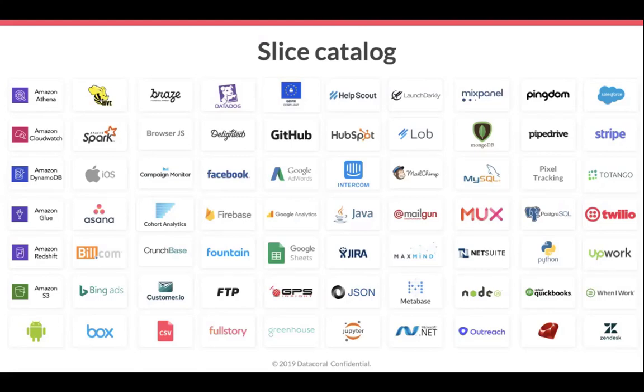But let's touch on real quick some of the other funny complexities that we're actually dealing with. In our slice catalog, we have over 75 different slices, or our serverless microservices, what we refer to as our connectors. We'll explain more about that in a moment, but I just want to highlight that we've got over 70 of these different tools and systems already built out.